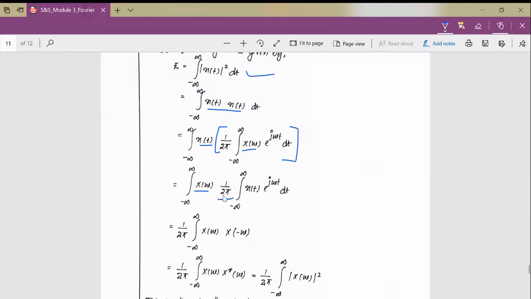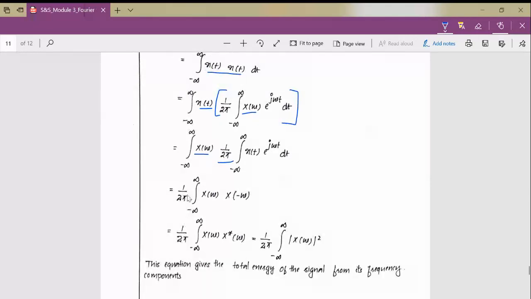And we are taking this constant term 1 by 2 pi outside. So it will become 1 by 2 pi integral minus infinity to infinity x of omega. And if we look at this term, this is the Fourier transform x of minus omega. Here, till the last class, I denoted the Fourier transform as x of j omega. It is similar to x of omega here, there is no need for any confusion. We can write the Fourier transform in the frequency domain as either x of j omega, x of omega or x of j ohm.